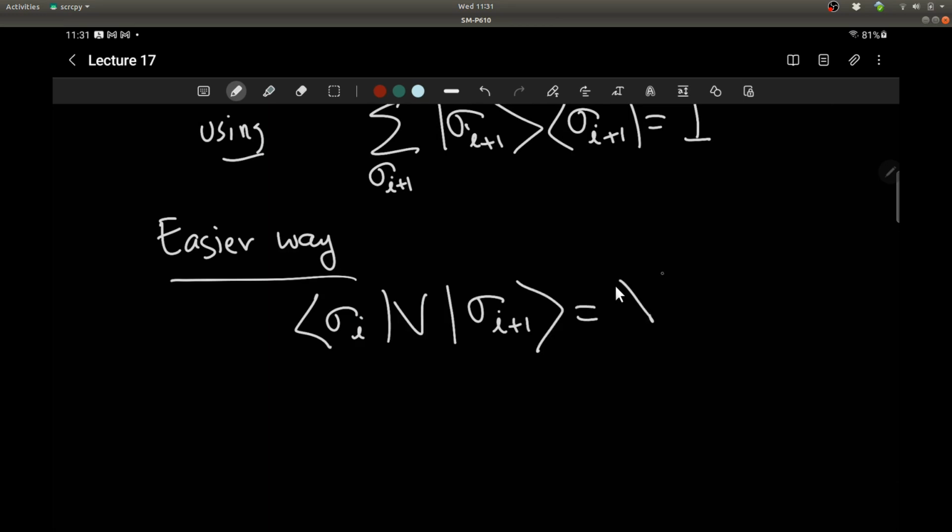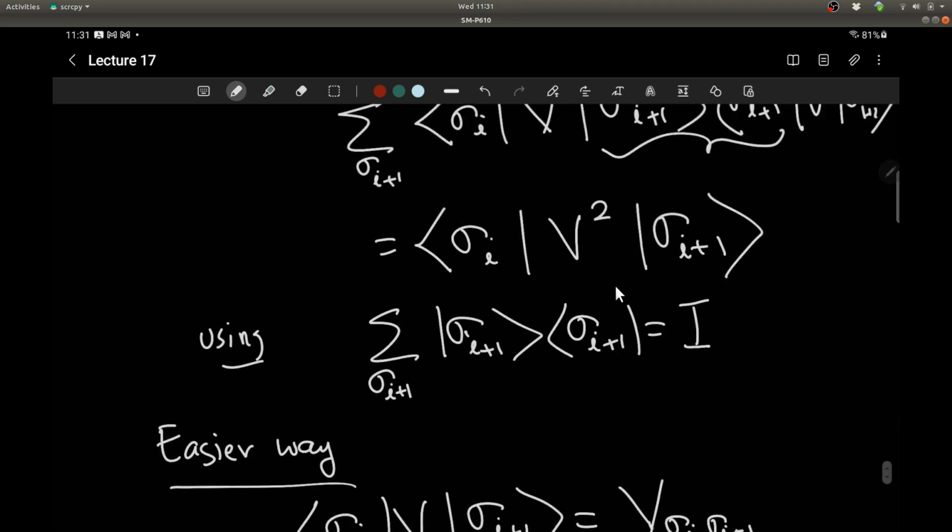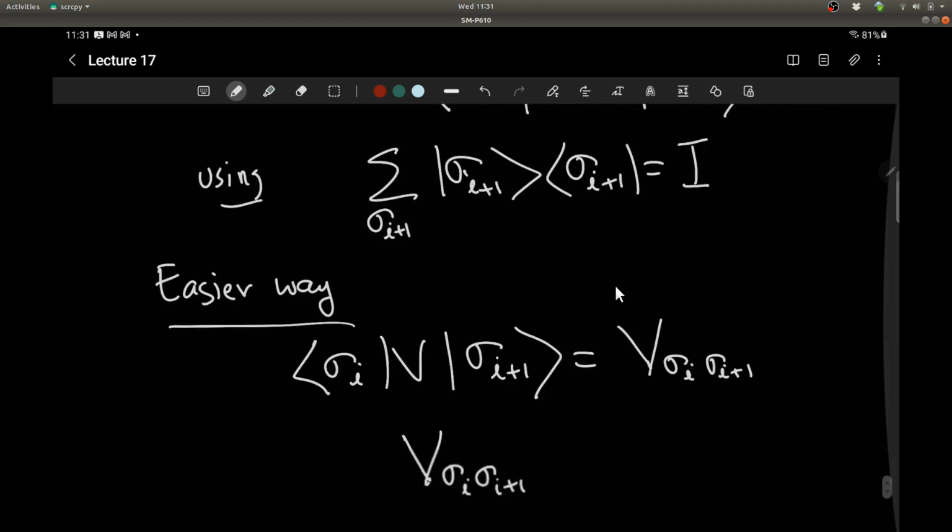Think of this as the matrix element. So V is a matrix with the matrix element sigma i, sigma i plus 1. That's all. You give me that. So if sigma i is, say, plus and sigma i plus 1 is plus, it will give you the V plus plus entry, and so on and so forth. That's what I did first. So then the same summation can be written like this. V sigma i plus 1. That is this guy. The next guy,